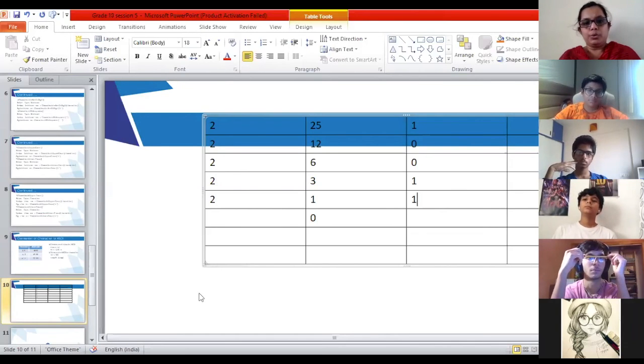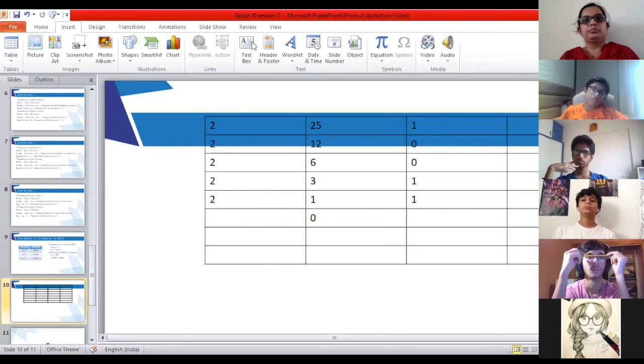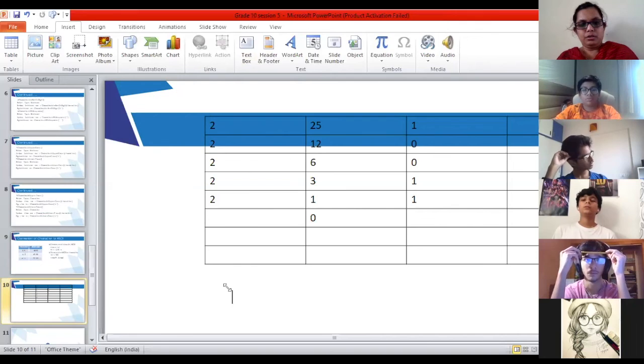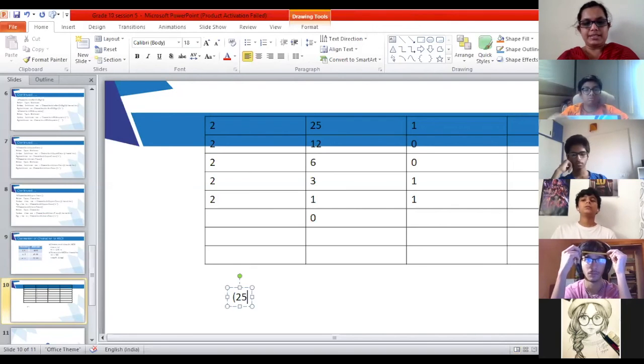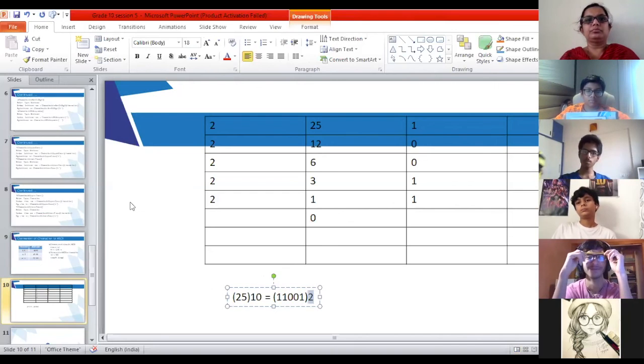So 25 in decimal is equal to 11001 in binary.